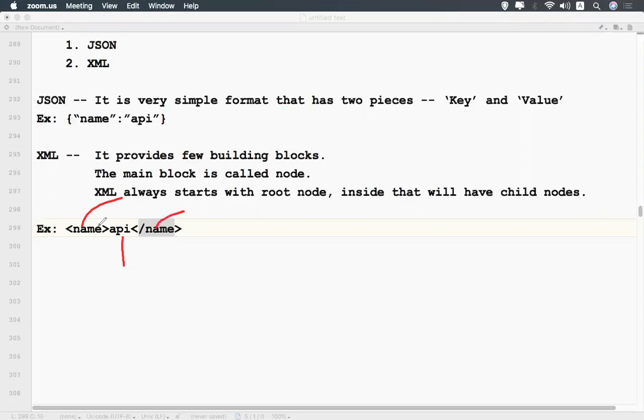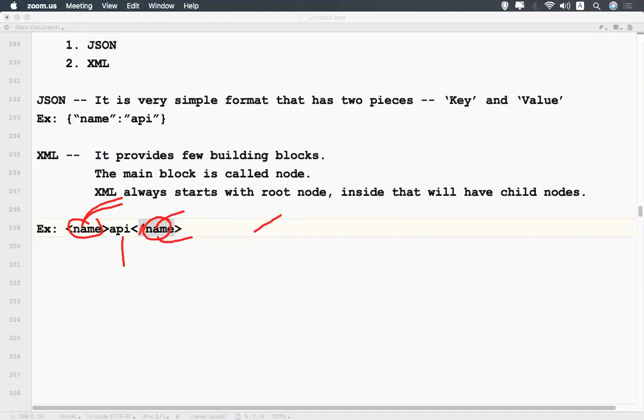The opening tag and the closing tag should be the same: here name, here also name. But how do you tell which is the opening tag and which is the closing tag? The name is the opening tag, and the same tag prefixed with a slash is called the closing tag.